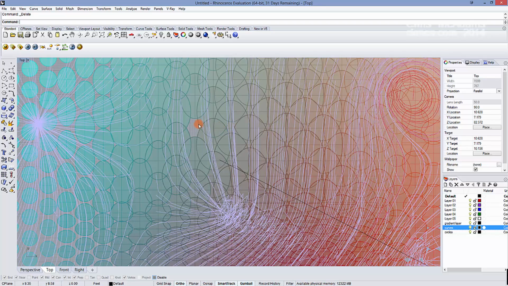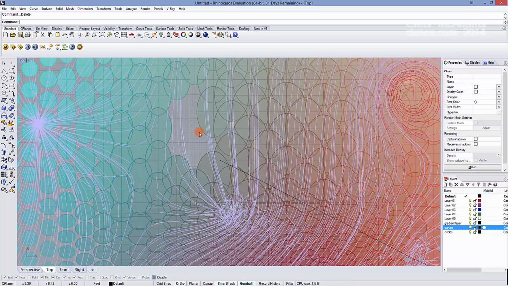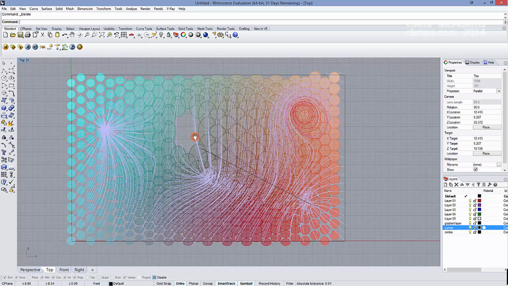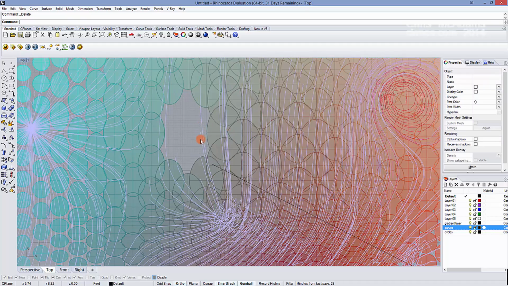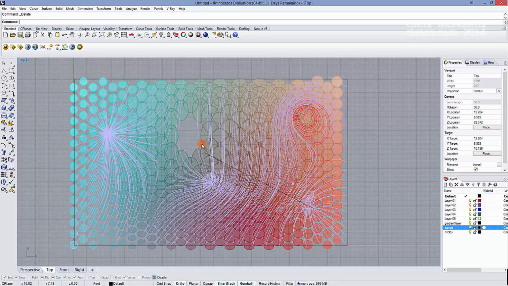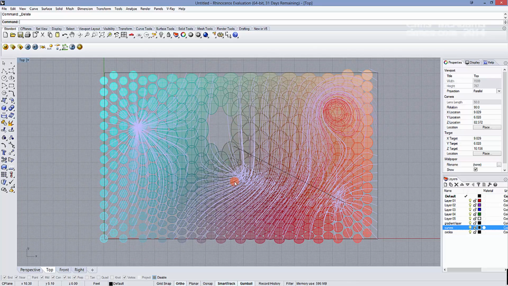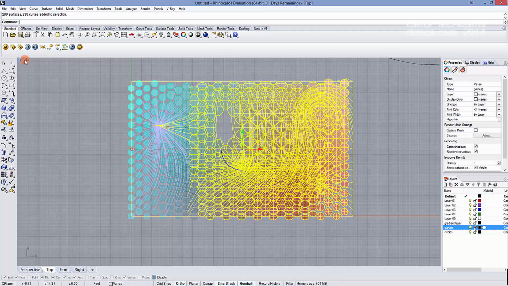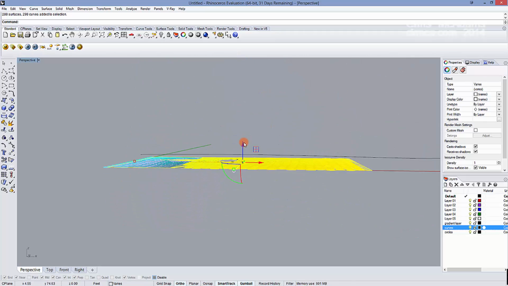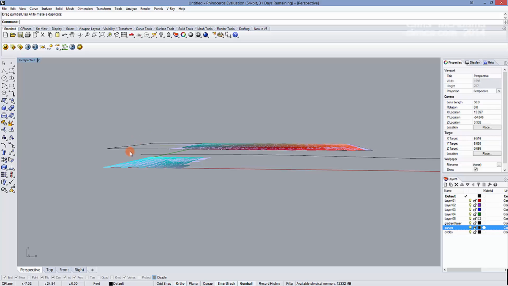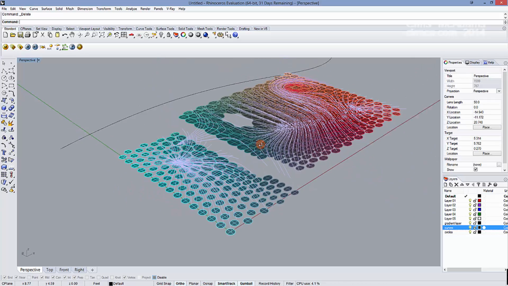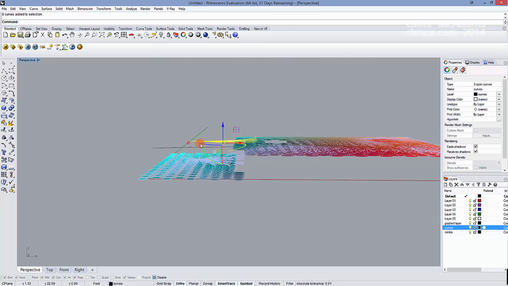If I wanted to come in and say, well, I want a void here, well, I can just delete everything. I don't need it. But at the same time, I have opportunities to say like, well, maybe there's a kind of density here that gets passed through. There's a cluster here, and there's kind of some break along this face. So if I want, I can take all this stuff and in 3D even move it. I don't want to look at the boundary. And so now I've really started to kind of transform the diagram into something